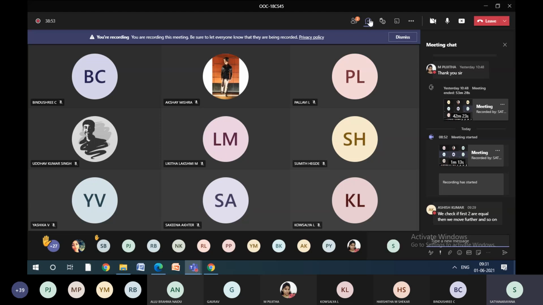Because within a short span I need to execute. Very good, Ashish. That is one of the easiest, simplest solutions we can write. Check the first two digits. If both of them are not equal, you can directly write not equal. If both of them are equal, then check the third and fourth value if required. So that is how you can split the program. Still, it will take less time compared to this, because here it is going to compare all the four values